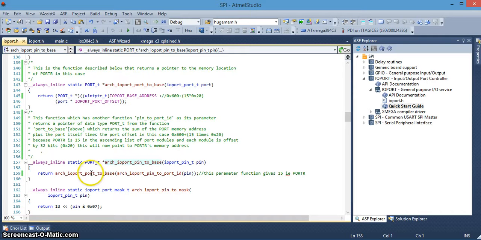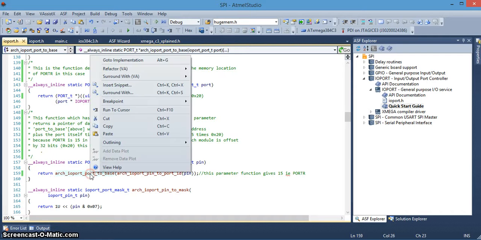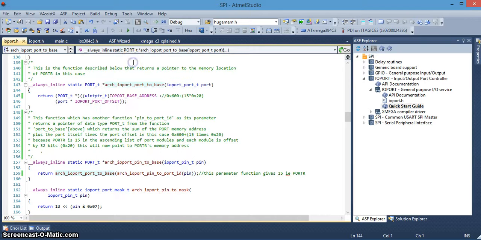And then let's go check out this function here right quick. And of course it's just up here, so we're just here and it's pointing to this. You can see up here arch is a function which returns a pointer. It's the arch IO port to base, which is what we're returning down here, IO port to base. And this is kind of the heart of accessing the port